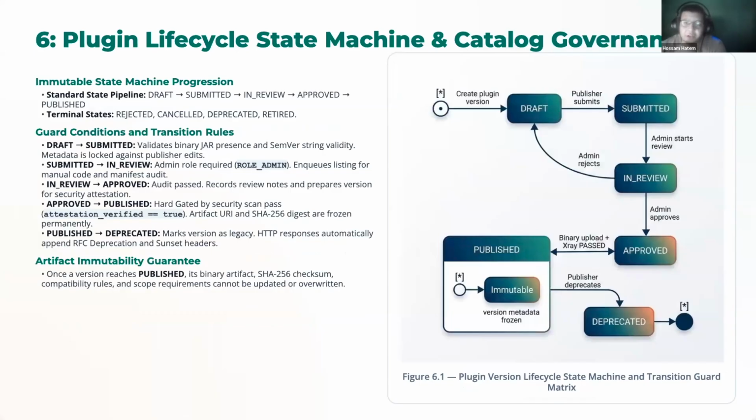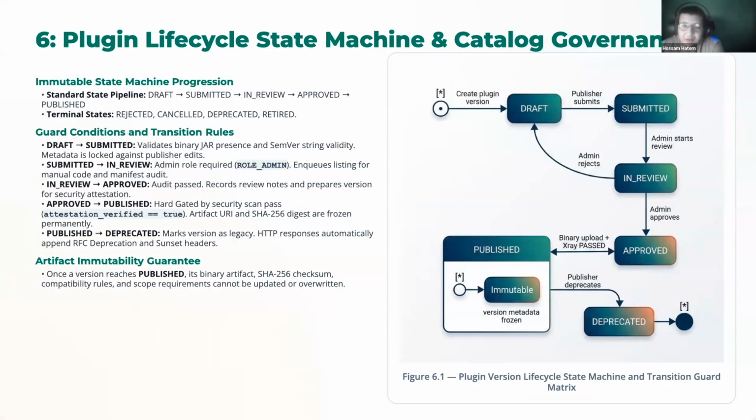To prevent malicious or unverified code from reaching core banking environments, every plugin version progresses through an immutable state machine detailed in the diagram here. The lifecycle consists of 5 mandatory stages: draft, submitted, in review, approved, and published, along with terminal states such as deprecated or retired. So when a publisher submits a draft, the system validates binary presence and the semantic version strings, then